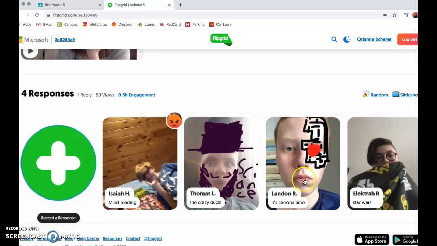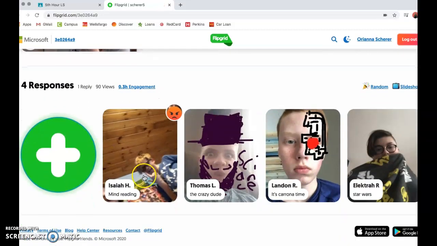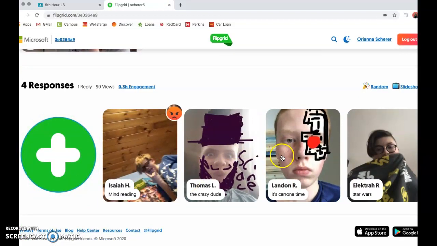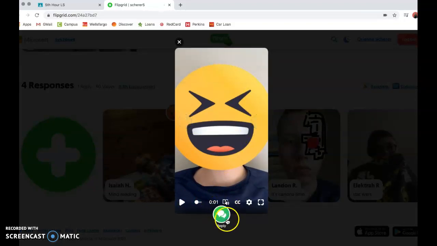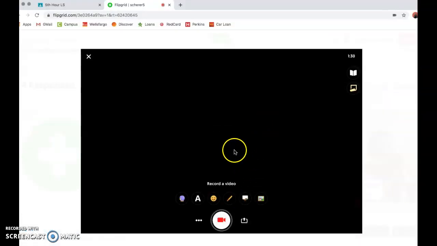Then, in order to reply to a classmate, you can go to their video and watch it. And then there's this little green chat button right here that says reply. If you go ahead and hit reply, it will open another screen just like this, and then you would follow the same process